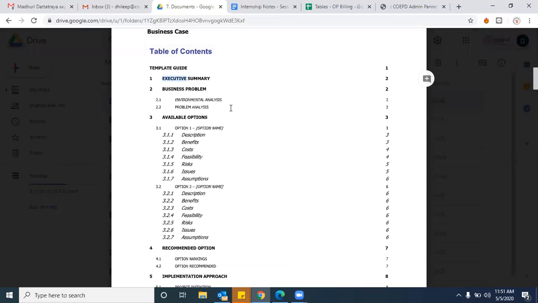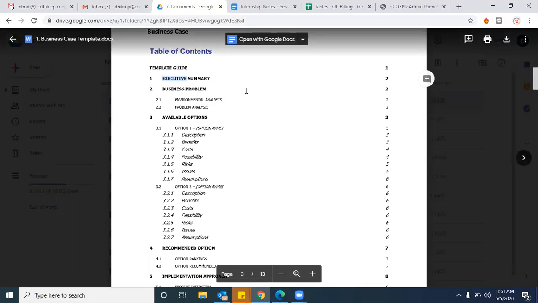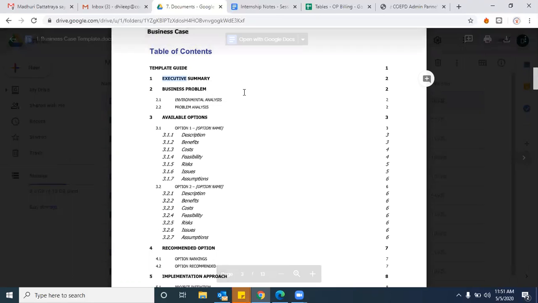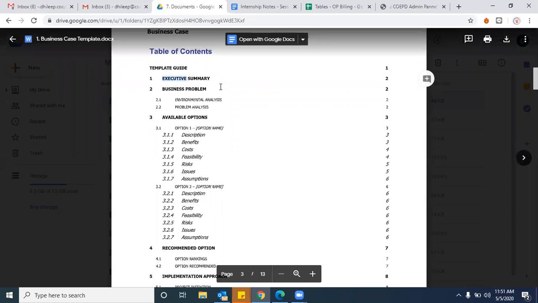For example, now we are preparing a business case. What is this business case intended for? What sort of information are we keeping here? Or in a few scenarios, this executive summary even talks about the client summary as well. For example, now we are working for ABC Hospital. When it was established, from which year these people started their operations, what operations they are into, and which locations they are in, about the complete client summary as well, we can write it here. Along with that, the document intent: this document is going to explain the business problem or available options or recommended solutions. It's all about the summary of this document and the client.